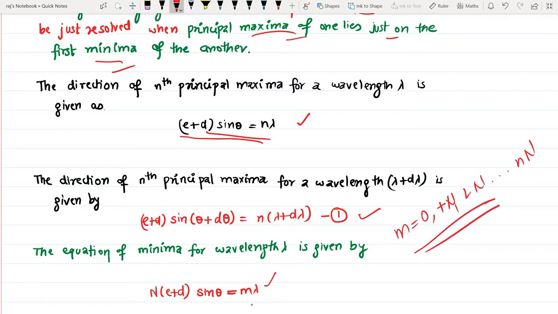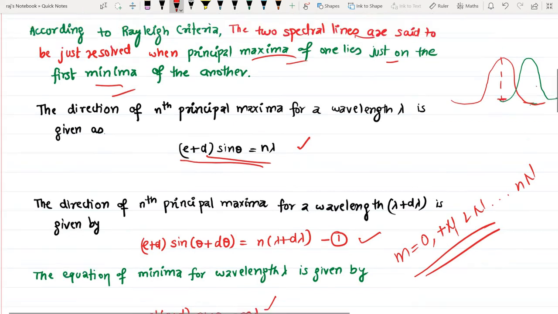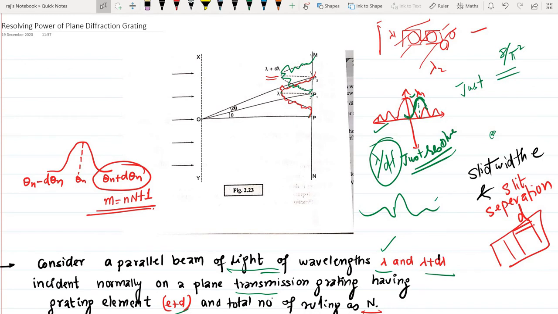Okay, so whenever we are talking about minimum, just consider this is my principal maxima of one wave, and we have a principal maxima of another wave over here. If you look closely, the principal maxima of one is coinciding with the minima, but this minima is adjacent to the principal maxima. So if we have a principal maxima and these are the adjacent minimas, then we can,